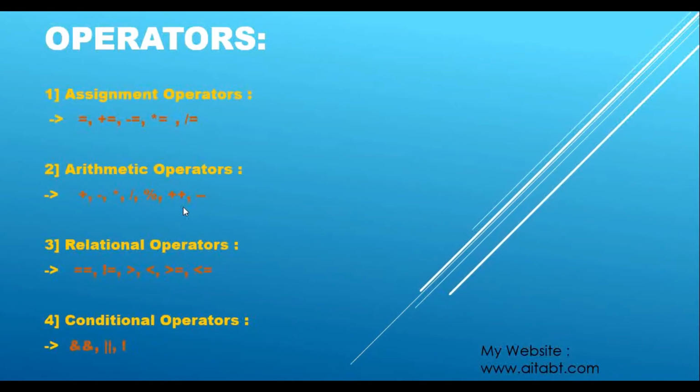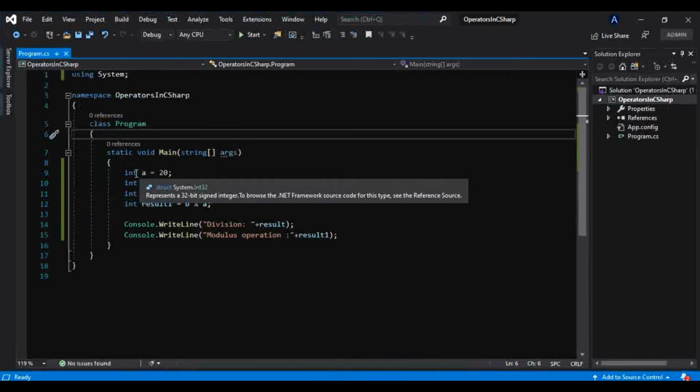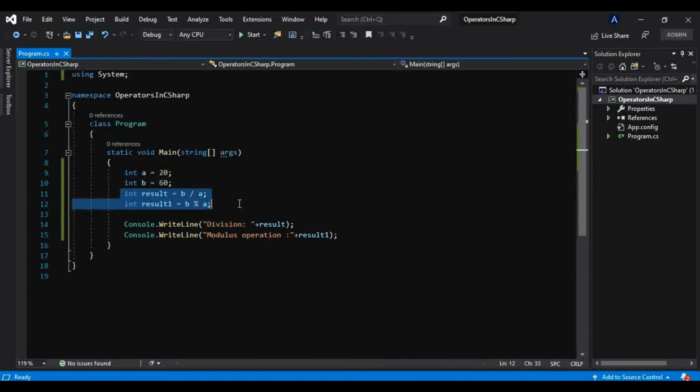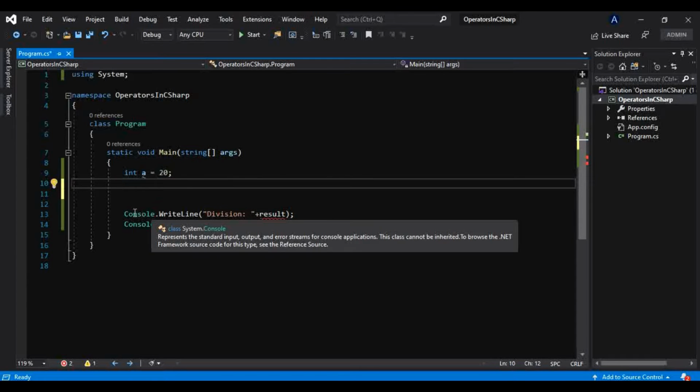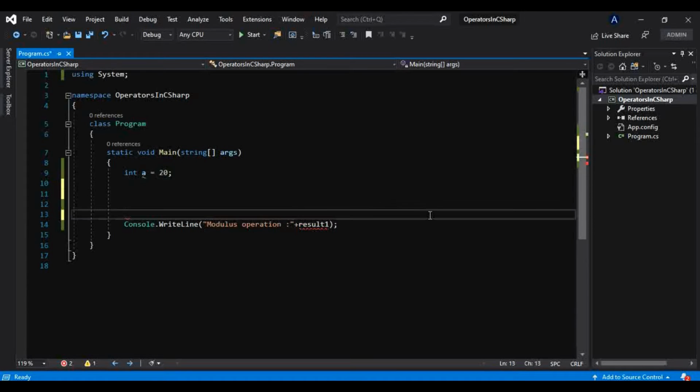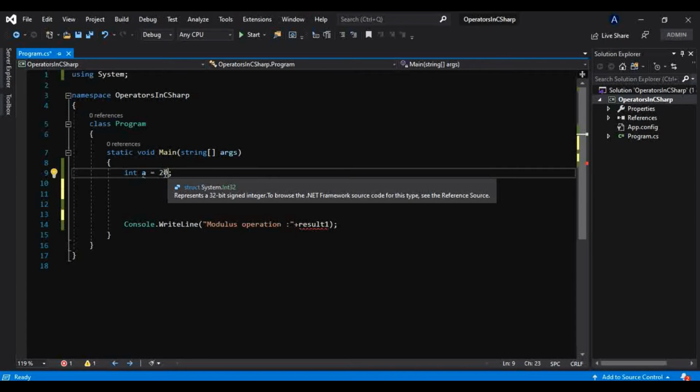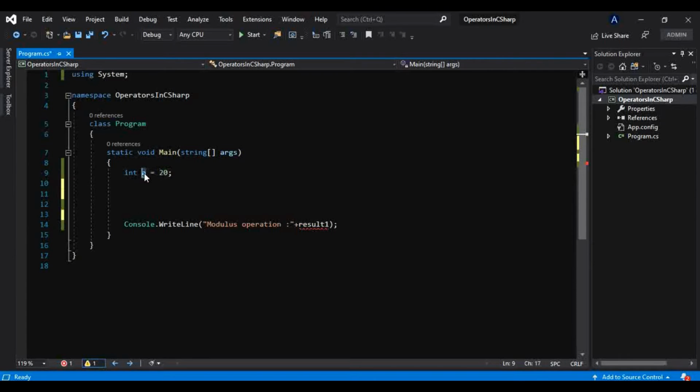Also, there are operators plus plus and minus minus, and I will show you why these operators are used. Now, let's say we take an integer variable a, and we have assigned 20 as a value to this a variable.